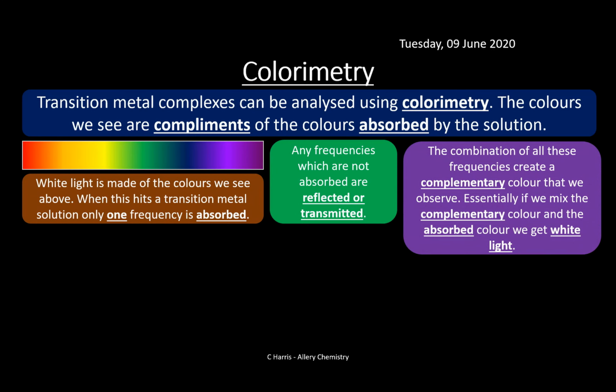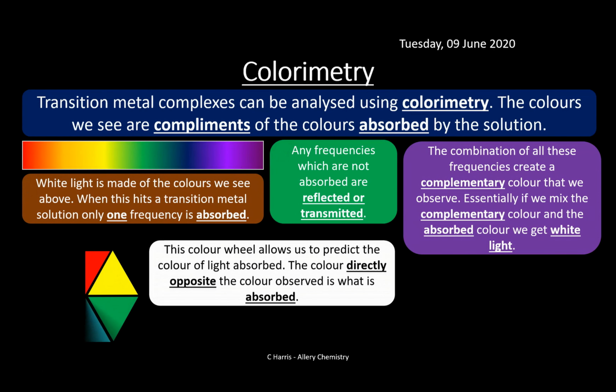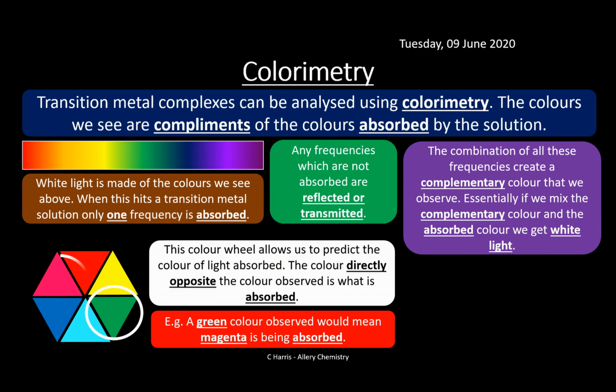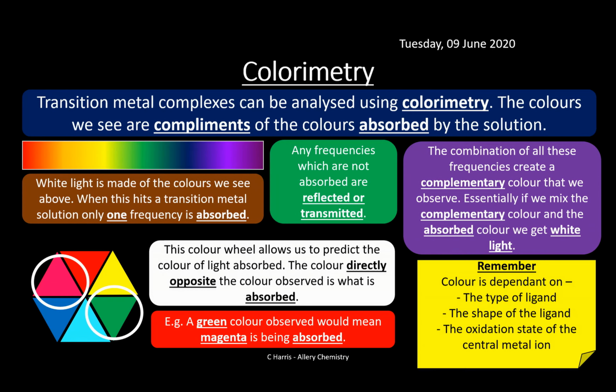And if we mix the complementary color and the absorbed color, we get white light. In other words, if we mix all these together, the absorbed and the complementary ones, then we get white light that combines. So if we bring back our wheel again, remember the color wheel allows us to predict the color of light that's absorbed, and the one that's directly opposite is the one that's actually been absorbed. So for example, if we see a green color, it means that magenta is being absorbed by the transition metal complex. So remember, what the color is dependent on is the type of the ligand,